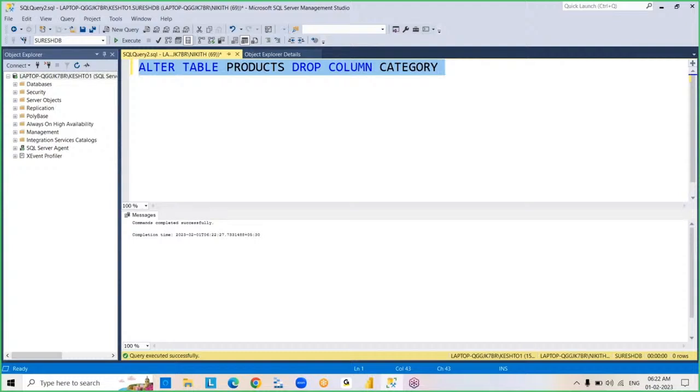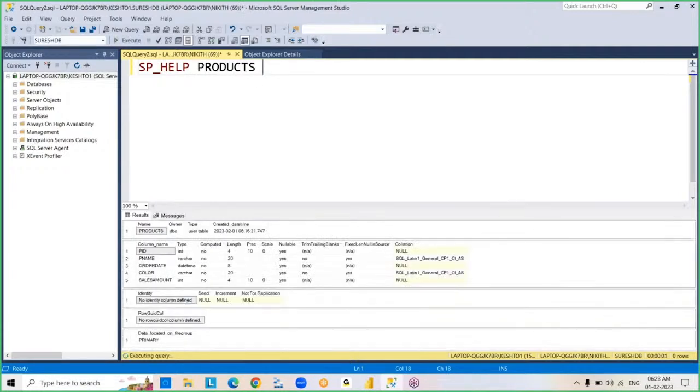So alter drop. By using the alter drop command, we dropped a column from the table. If you have any doubts, sp_help products. See this, there is no category column existing in the table. Okay, now